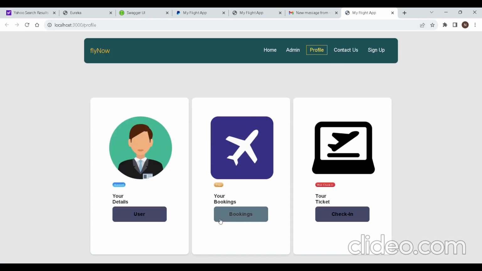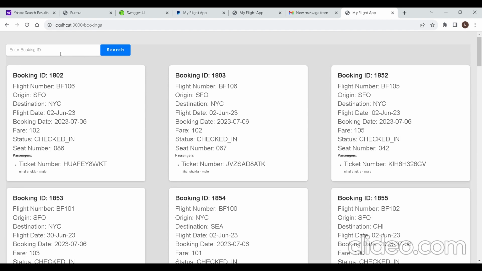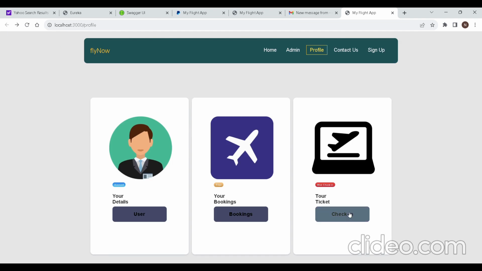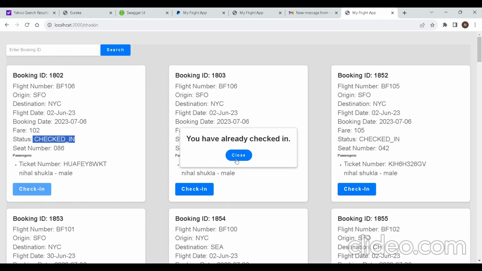it redirects me to the profile page where we can check the booking history. This is all the booking history of the user, and we can also check the booking history by giving the booking ID. And after this we can click on the check-in button, and this is all the bookings. If the status is checked in, then we cannot check in again, and if the status